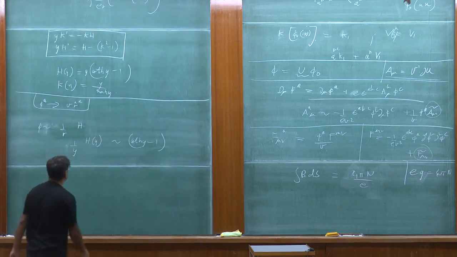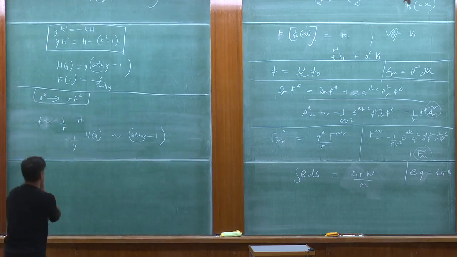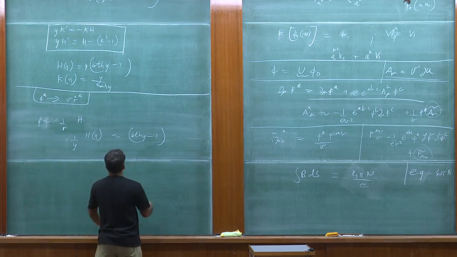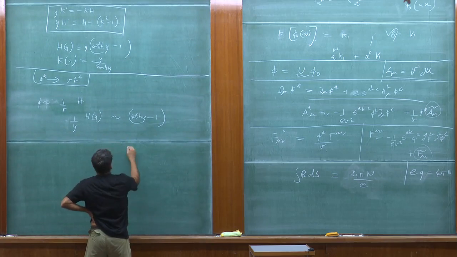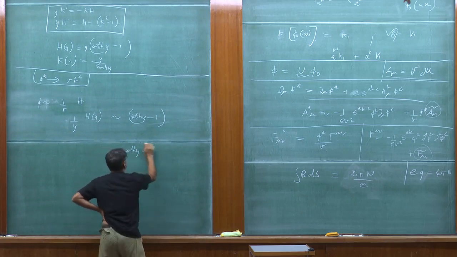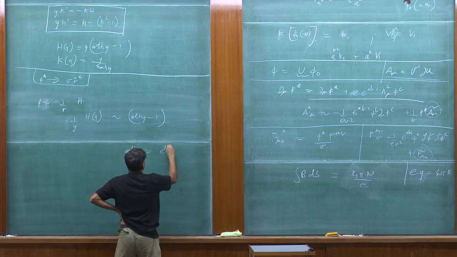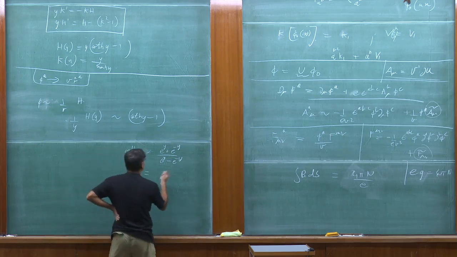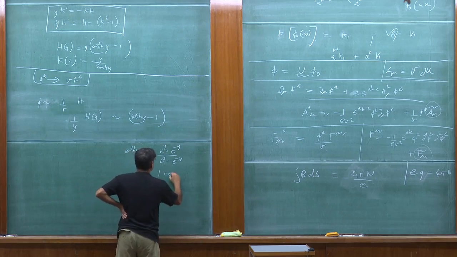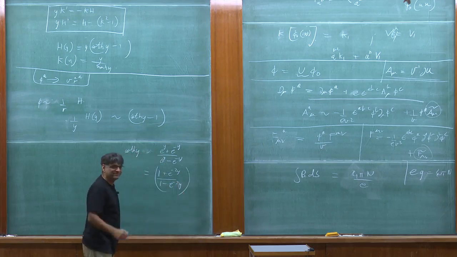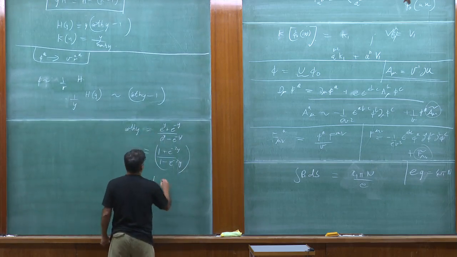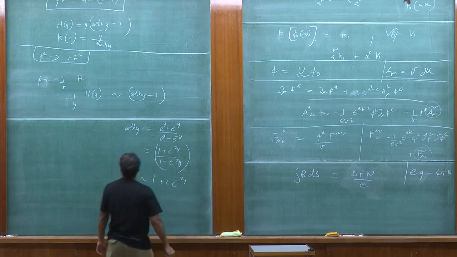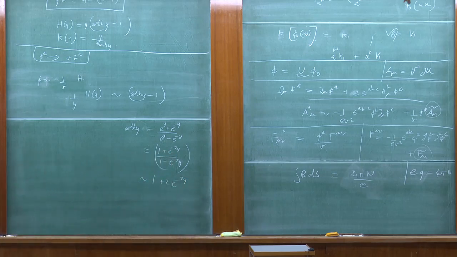Now, let's look at coth y. Coth y goes like e to the power y plus e to the power minus y divided by e to the power y minus e to the power minus y, cosh divided by sinh, which is equal to 1 plus e to the power minus 2y divided by 1 minus e to the power minus 2y. Okay? So which is approximately equal to 1 plus 2 e to the power minus 2y. And so coth y,